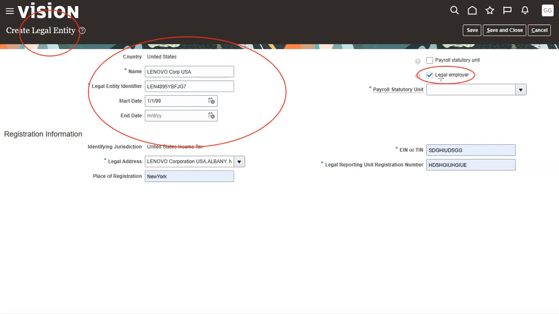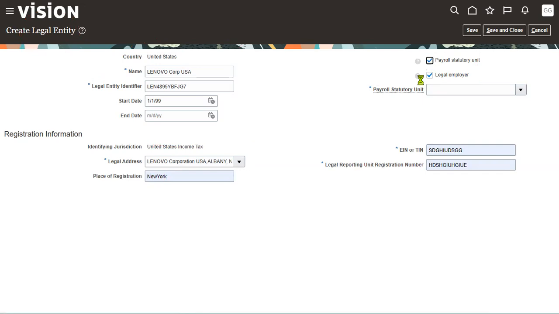Next, once we hire employees, then we want to run the payroll. That's why we must enable this checkbox called PSU, payroll statutory unit. Enable this checkbox. So PSU stands for payroll statutory unit. This we will be using for the registration here. Okay, so let's go for